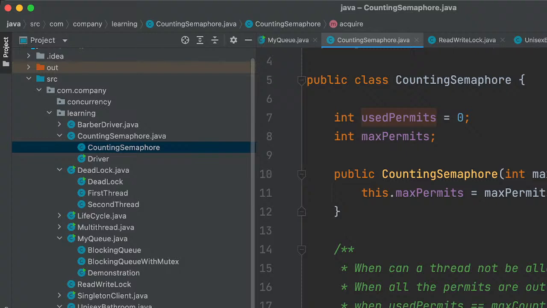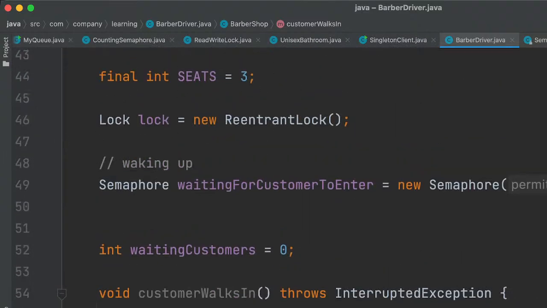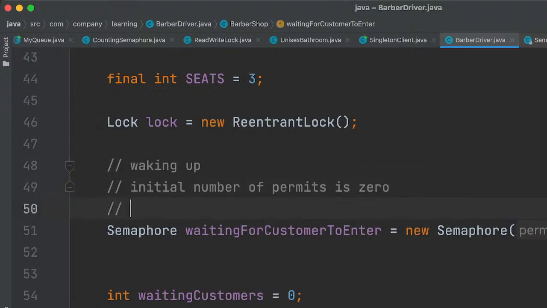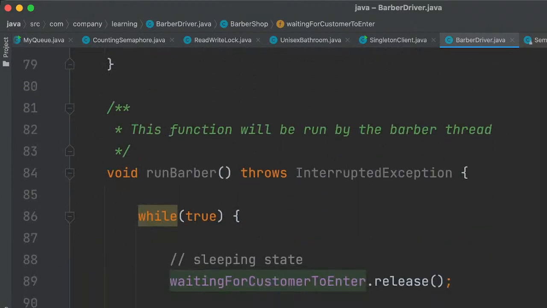Is this by the barber function? Yeah. So if the initial number of permits is 0, it means the customer thread will not start first, because the barber thread will try to acquire and be in a sleeping state.